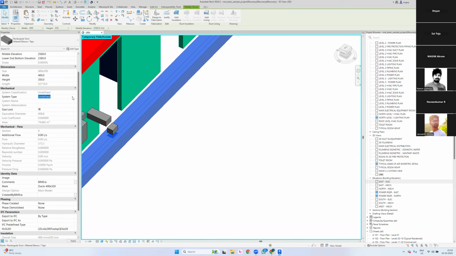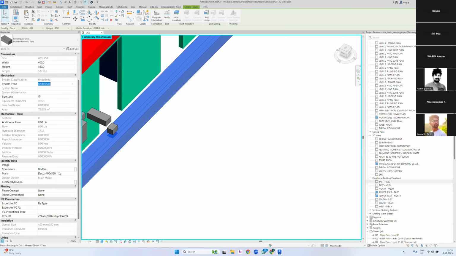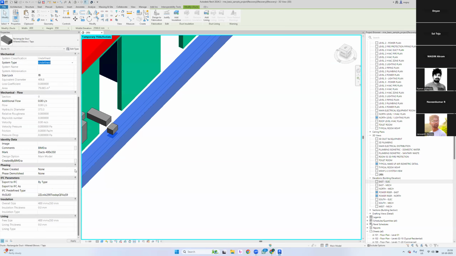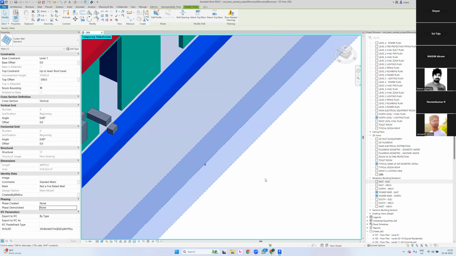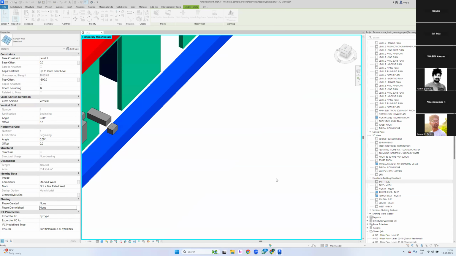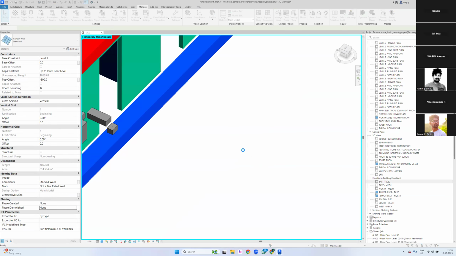System type, we have already seen that is actually undefined. Are we able to change this system type to something else? You can play with this later. And what about phases created? What about mark? Mark is a string data type. Let me